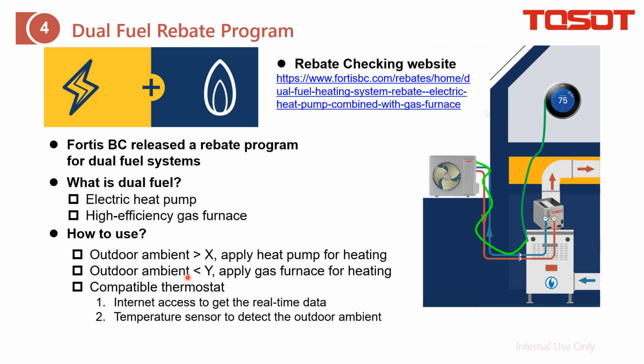And if the outdoor ambient becomes very low, let's say less than -10, in that case the heat pump cannot provide that much heating capacity, especially at that time when the heating demand also increases a lot. Then we need to rely on this furnace. Then we will turn off this heat pump and turn on the furnace to keep offering the heating capacity. And this is very good for the low outdoor ambient, especially when the outdoor temperature is less than -10.